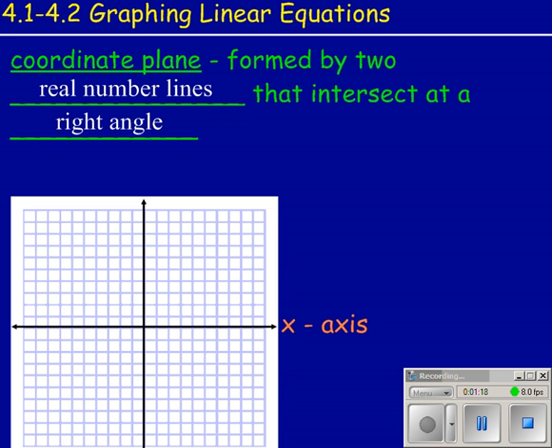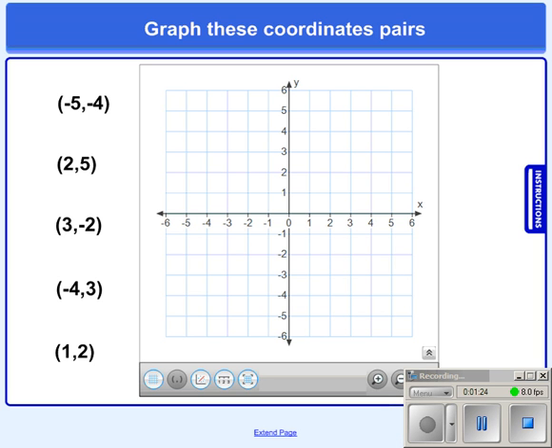Okay? So this coordinate grid is also called a coordinate plane. We've done this before. You've done a lot of times where you've had to graph on a coordinate grid. So here I have 5 coordinates, and I'm going to have you graph these points. So this is quadrant 1, quadrant 2, 3, 4. Quadrant 1